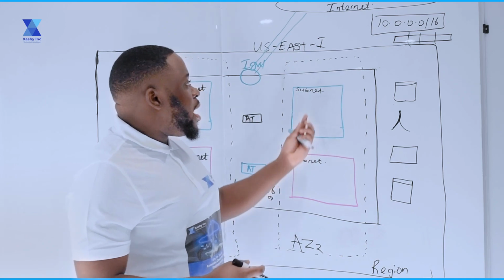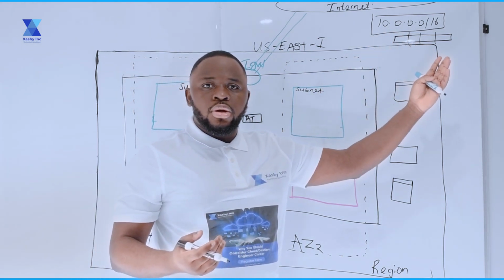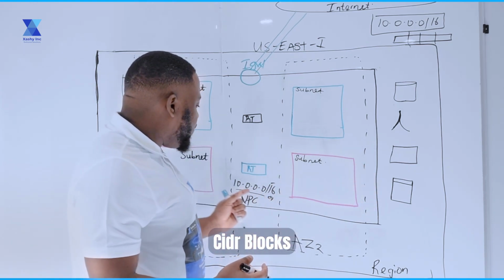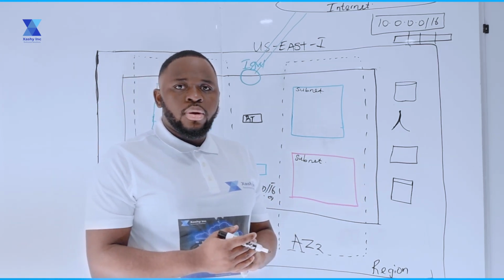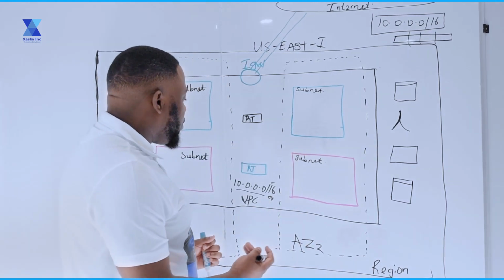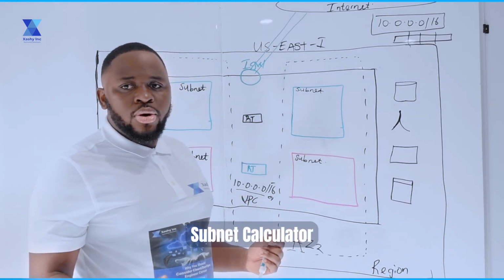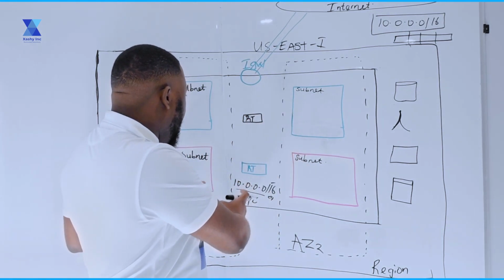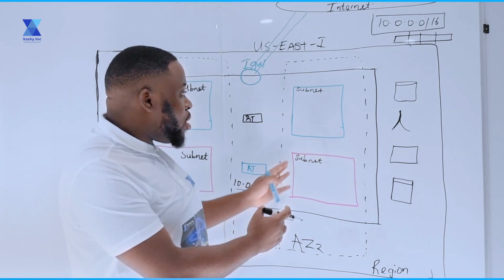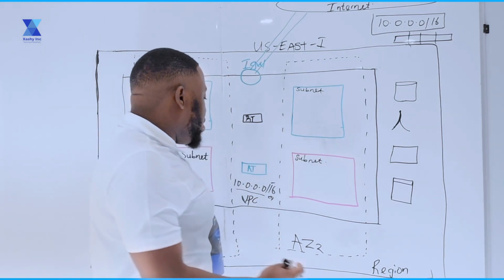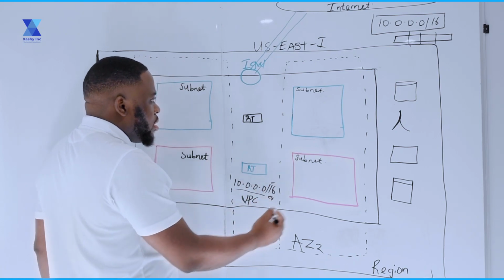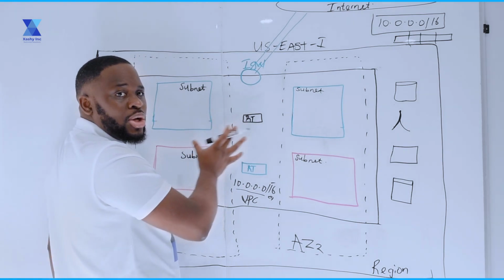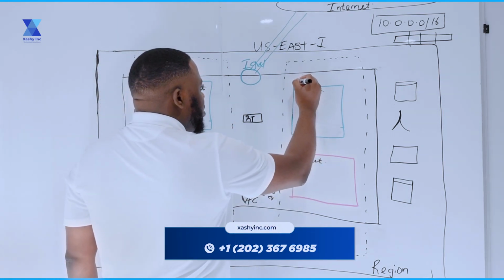So, I know most students actually find it difficult with segregating or allocating CIDR blocks from the main VPC CIDR block. One thing we should know is you could actually use a subnet calculator to understand how you should go about this allocation of CIDR blocks for your subnet. So based out of this CIDR block, I can simply break this down into 4 CIDRs to allocate to my subnet. So I will give this subnet a